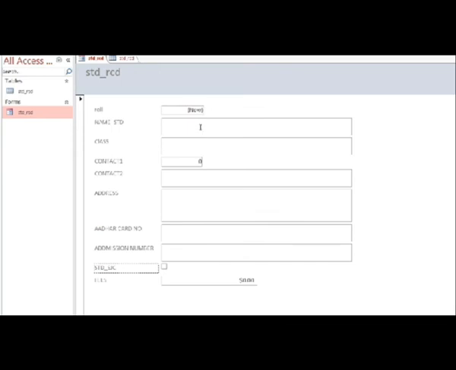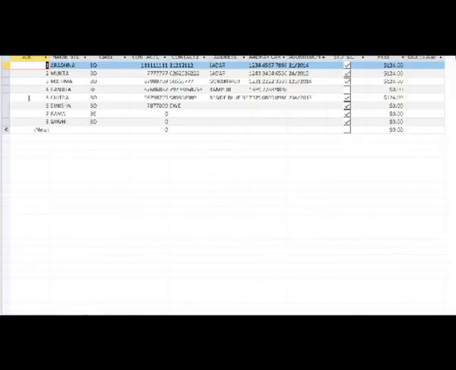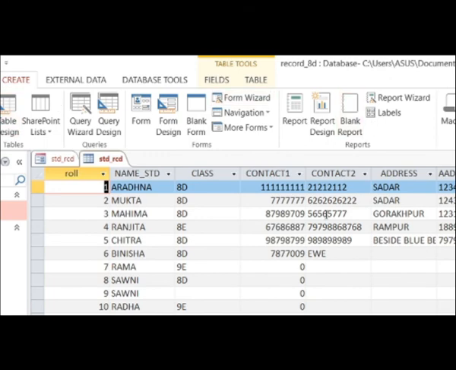Same way, click on form. Let me show you again. We will insert some records quickly. You can leave some options if you want. I am doing it very fast, inserting 2-3 options, and then we will see again what the view will be on datasheet. Let us save and see. Can you see? Close, and now you can see your new record.